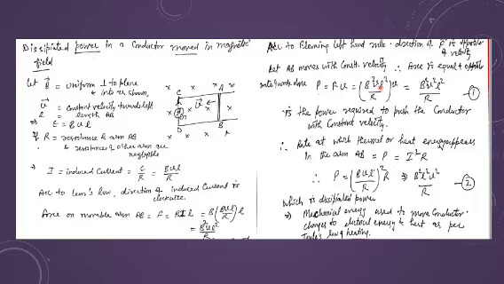Now what will be the rate of work done in moving this, because this force will come in the opposite direction. If we are moving it towards the left, then what is the rate of work done? That is power, which is given by force into velocity. So the force is B square L square V upon R, and it is to be multiplied with the constant velocity V. I am getting this power, which equals B square V square L square upon R. And this is the power which is required to push the conductor with the constant velocity.